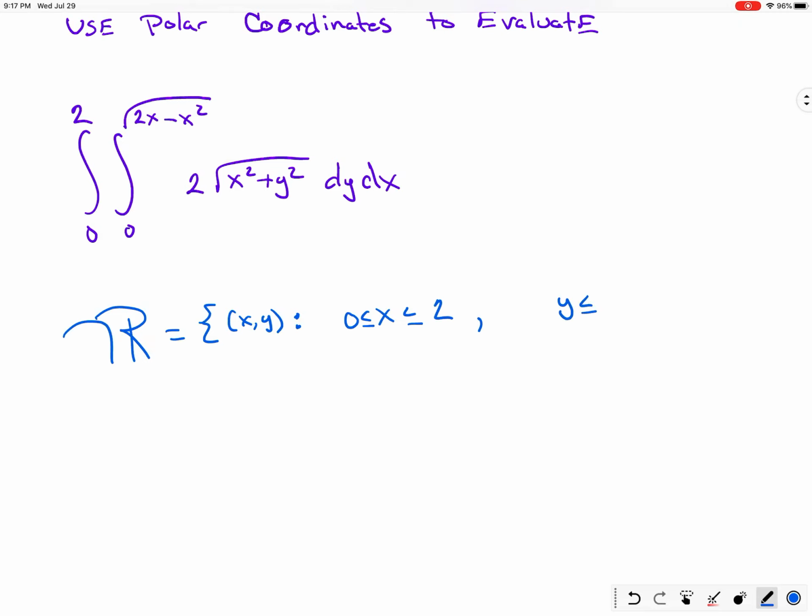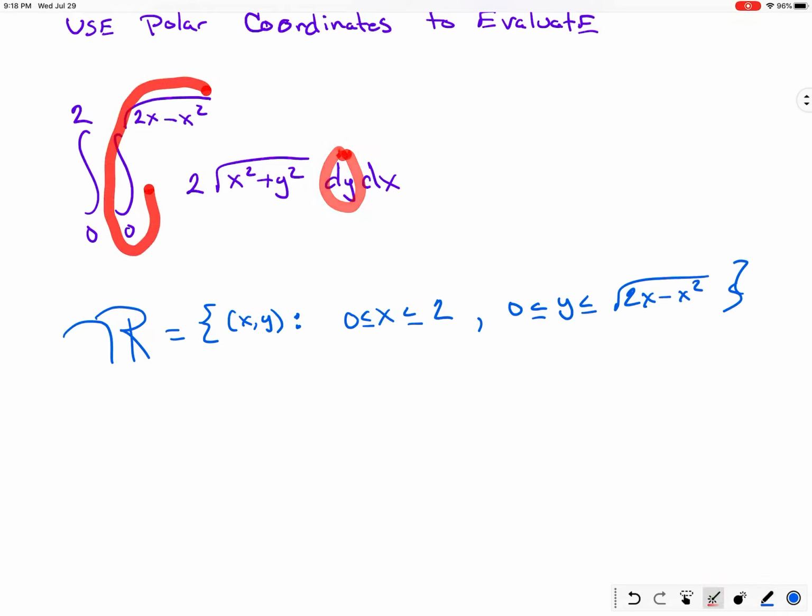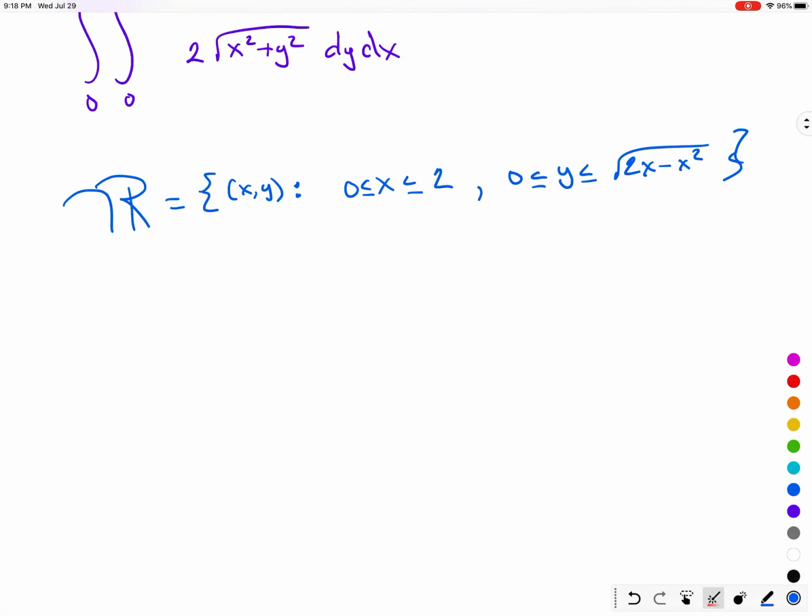And then y is the part that runs from 0 to the square root of 2x minus x squared, and once again I'm getting that from this dy. So then, on an xy plane,